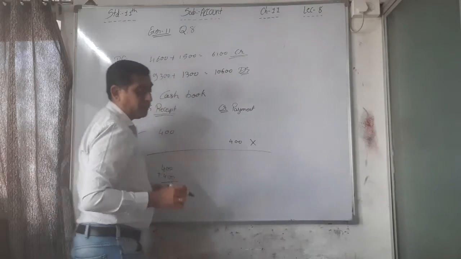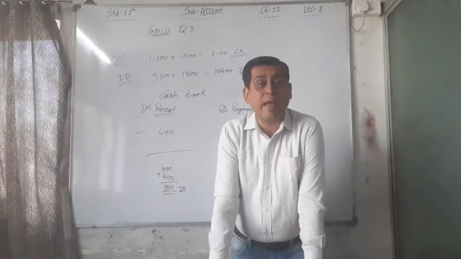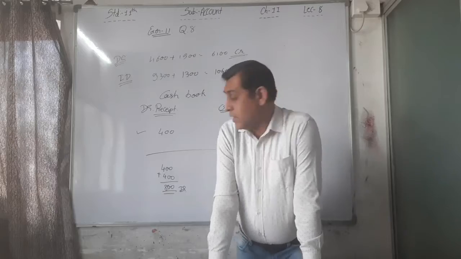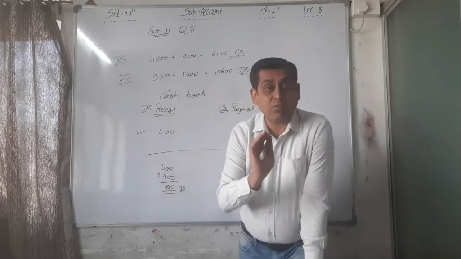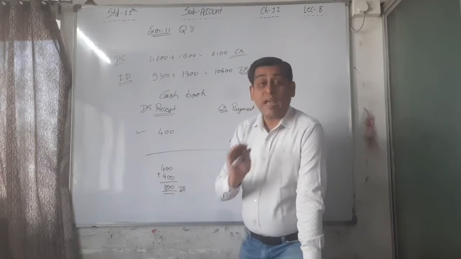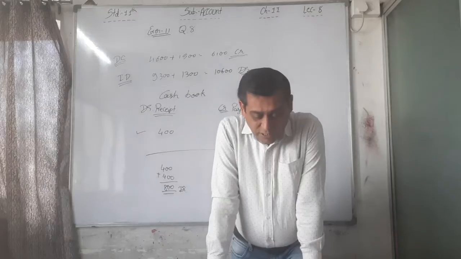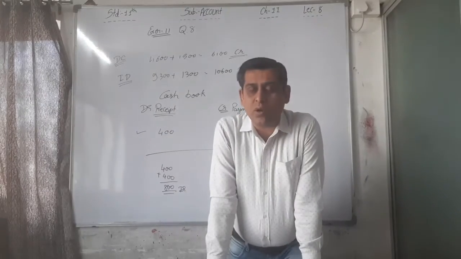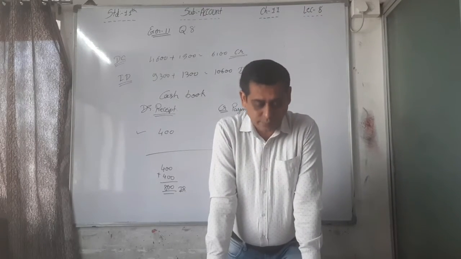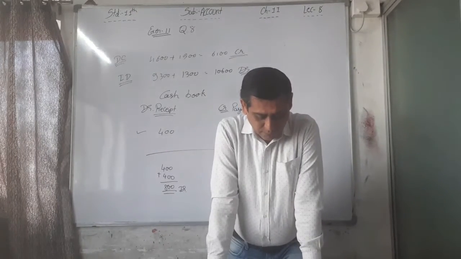Reverse means again 400. Reverse credit means debit. Credit reverse means debit. So total 800 amount is debited. So the fourth point, interest of rupees 400 credited by bank, that is credited. That's why here bank credited, that's why we have to debit, but we are doing the mistake. That's why we have to write down 800 rupees. Write down here fourth point, 800 rupees, that is double amount, and we have to record on the debit side. So 800 DR, that is the fourth point.